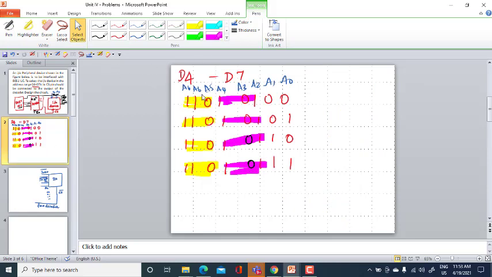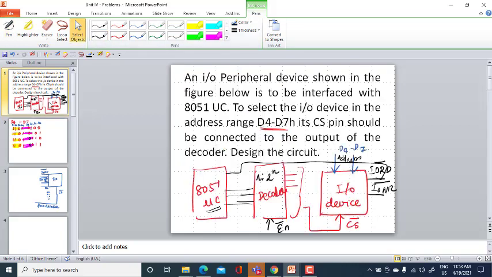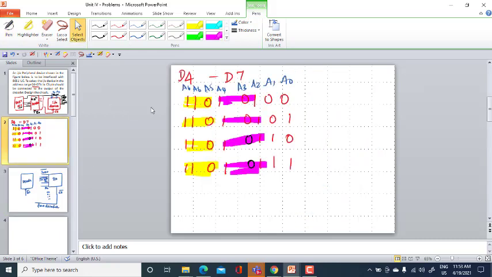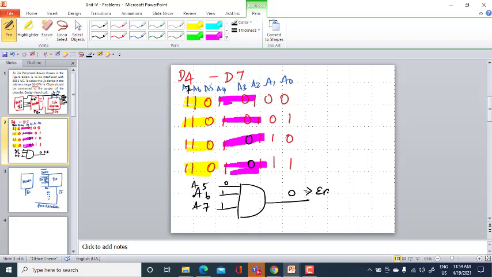So now let me take this A5, A6, A7, because for the decoder I have an enable signal also. Okay, for the decoder I have an enable signal which is an active low signal again. Active low signal means only if it is 0 the particular decoder will be active. So let me take A6, A7 and A5, all the three signals to an AND. However, this will be 0 because this is 1, this is 1, this is 0 for all the cases.